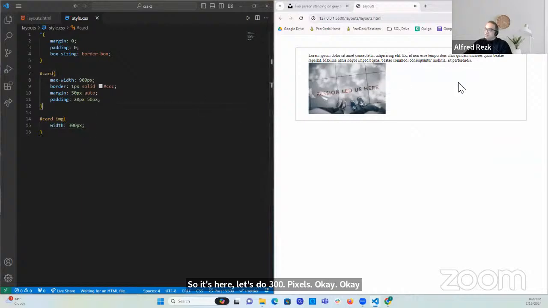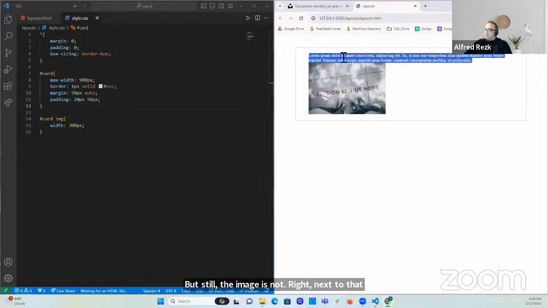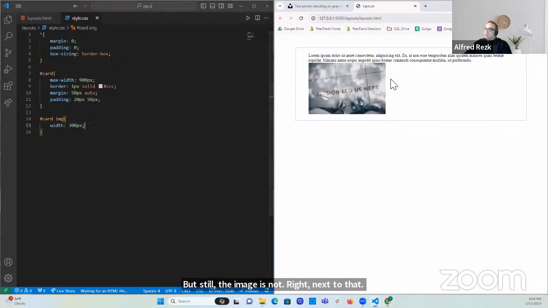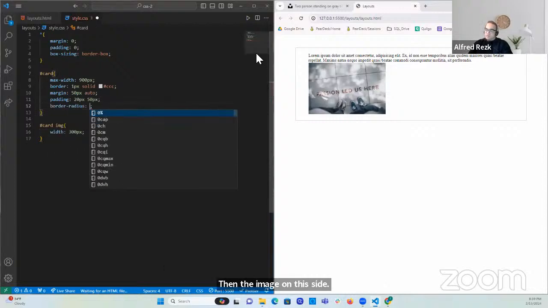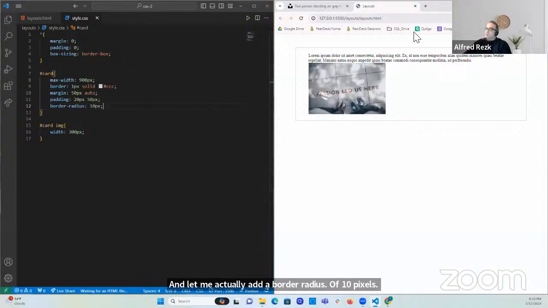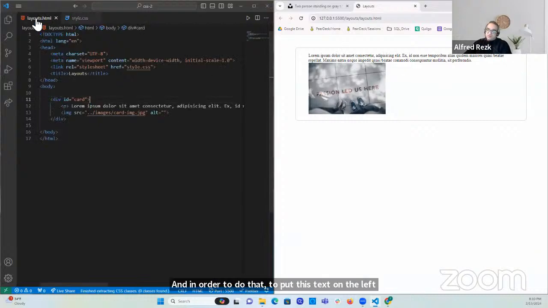But still, the image is not right next to the text. Well, to put it nicely next to the text, that's a layout. I want to lay out the text, then the image on this side. And let me actually add a border radius of 10 pixels. So I'll have a border here. And in order to do that, to put this text on the left and the image on the right,